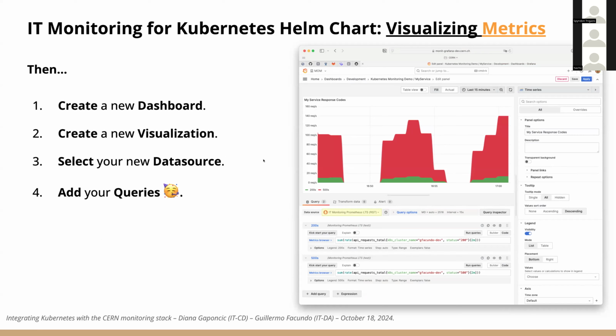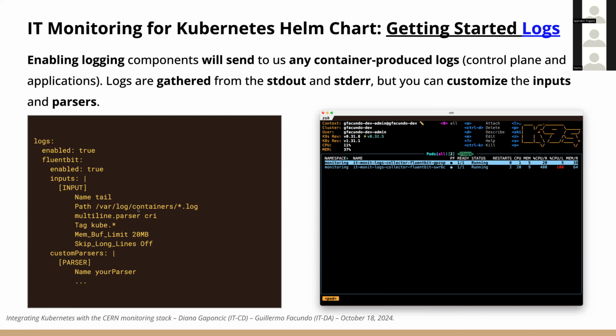You can customize the input, instead of scraping the containers' logs like we do here, you can scrape whatever you want. You can add multiple parsers. You can change this as you want. This is the most standard way of getting the logs from Kubernetes. And of course,